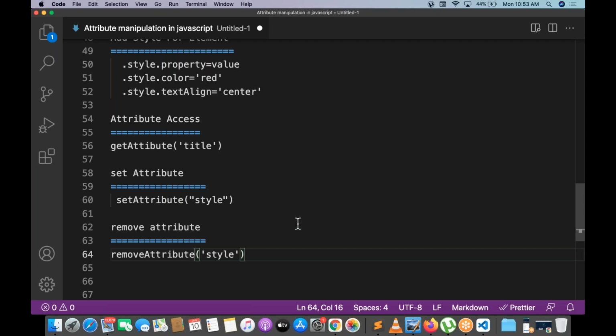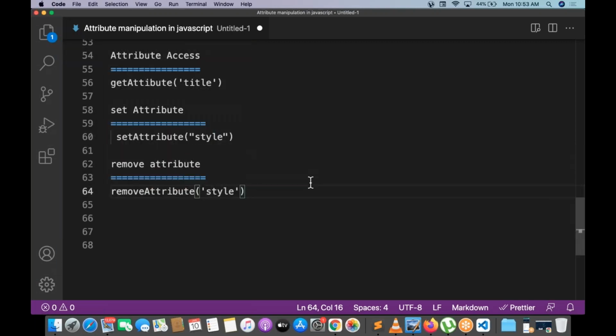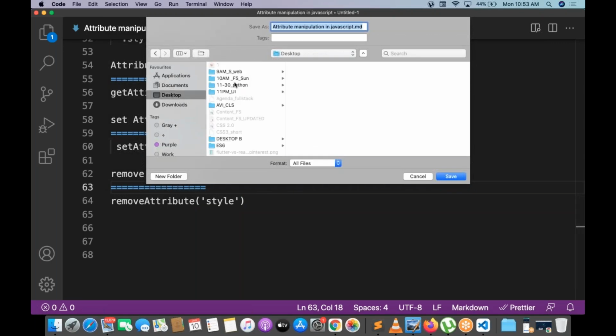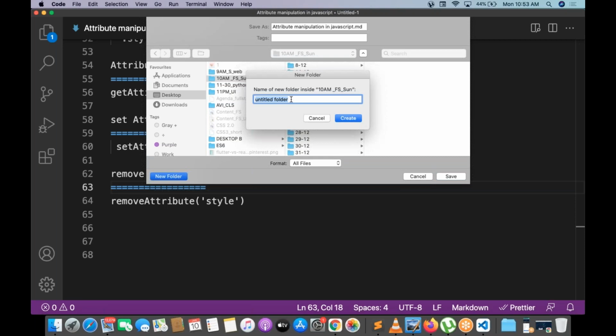Okay, so come to the remove attribute. How to remove attribute, we will see. Set attribute, how to set attribute, we will see. Get attribute, we will see. Can I write a program? Yes. First of all, I am saving the notes. What is the date today?